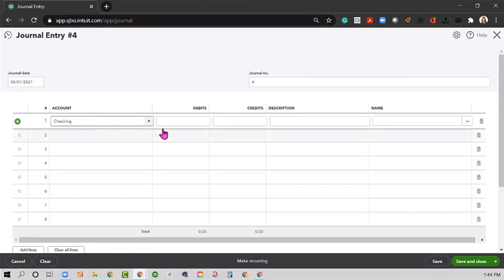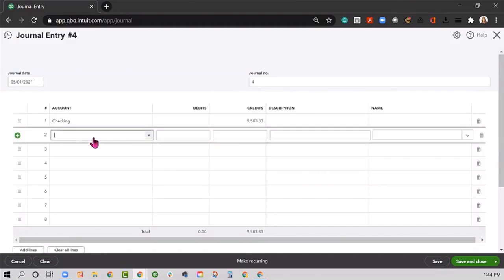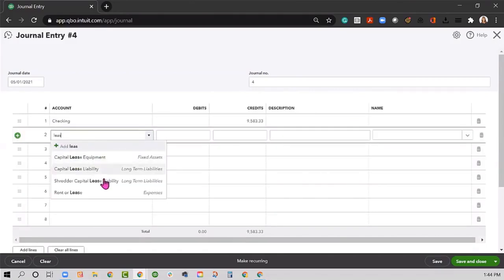Let's go ahead and credit the checking account. I'm going to use a formula right here in QuickBooks Online: 115,000, and I'm hitting the backslash for divide, divided by 12. That is what I'm assuming right now is the monthly lease. This would be without interest. If there's interest involved, obviously this payment is going to be a little bit more. We're going to credit the checking account and then debit lease